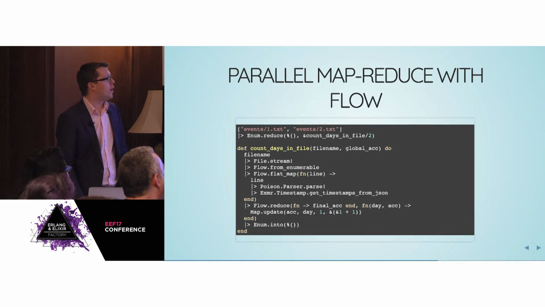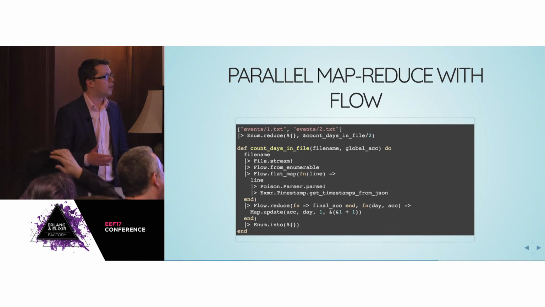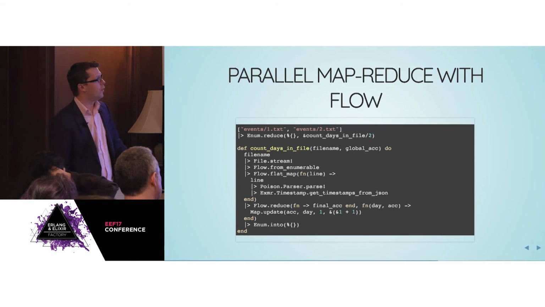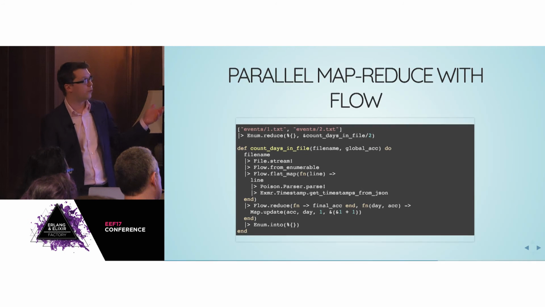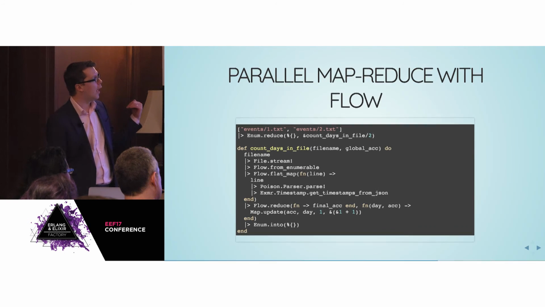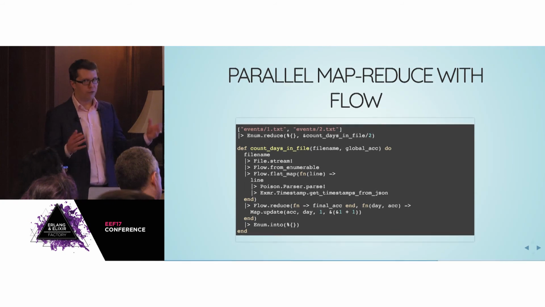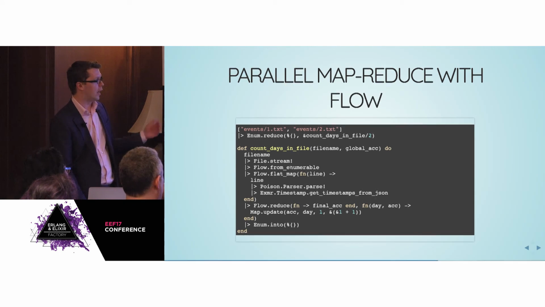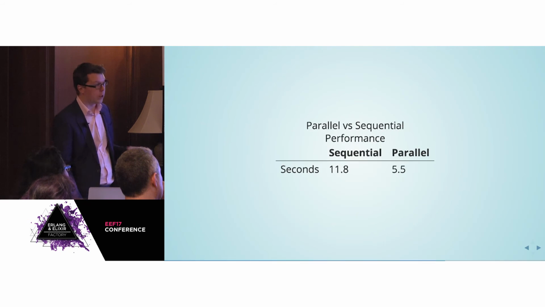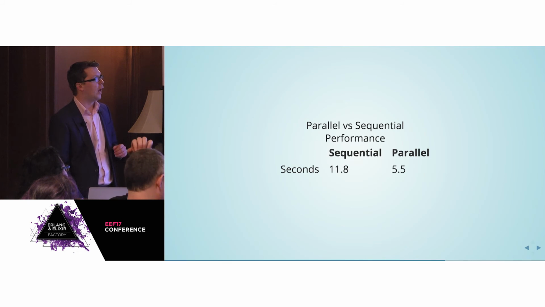So the great thing is you don't really have to change your code very much to take advantage of Flow. The only real difference here is that I'm calling the Flow module instead of the Stream module. The initial step is to take the stream and then do the from_enumerable to turn it into a flow. But from that point, you're just mapping and reducing again, and the contents of those functions are the same. And this is great because it was about twice as fast as the original Stream version.